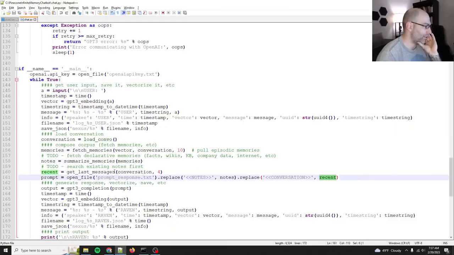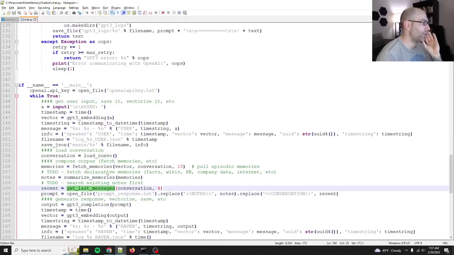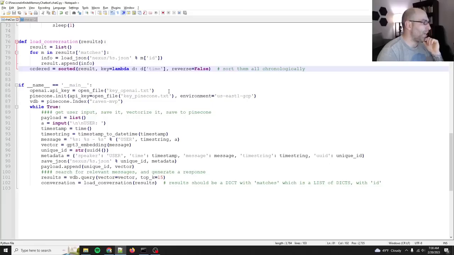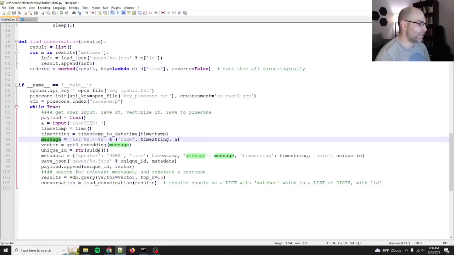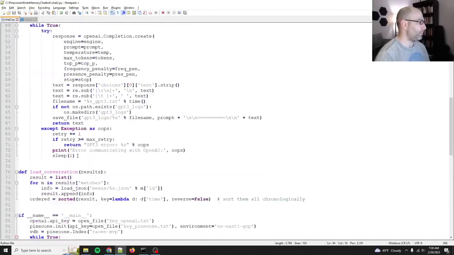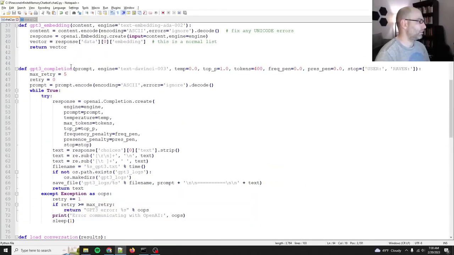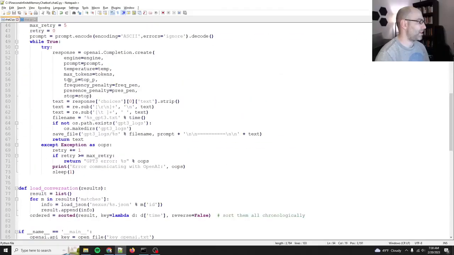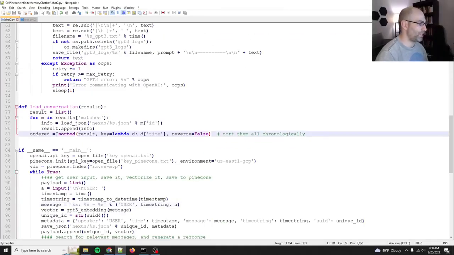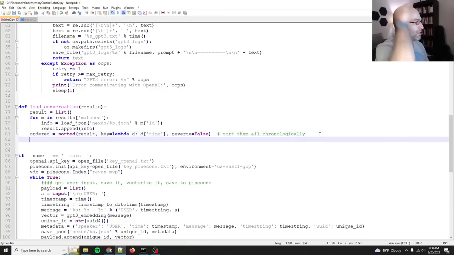And then recent get last messages. Okay, I don't think that's the correct way to do it. But if we look here, the message saved has all this. So all we need to do is then reconstruct. Sorry, my brain is a little bit scattered. So ordered equals this. So rather than return ordered, all we need to do then is say